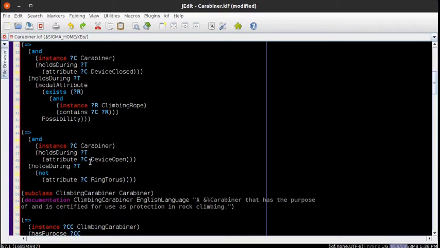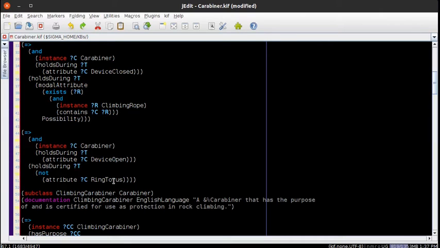So if the device is open, now I've added, right, so if there's a carabiner and during some particular time period the carabiner is in the open position, so the gate is no longer closed, then it's no longer a ring torus, but it's no longer a ring torus just for that period. So this is a crucial thing to be able to say, to provide a temporal qualification for what you're saying, and to do this in a way that's valid for the logic that you're using, so you don't get false conclusions. If the device is open, it's not open for all time, and it's therefore not also a ring shape for all time.